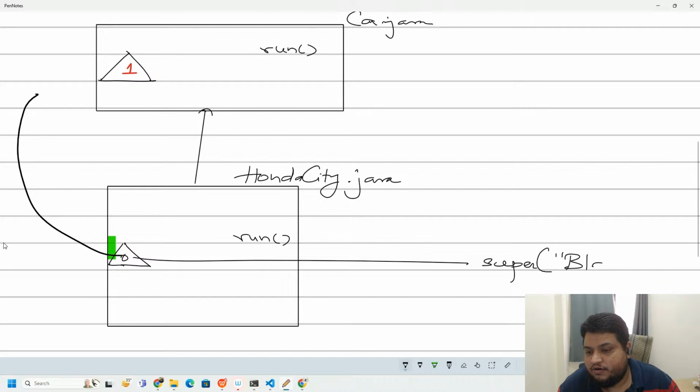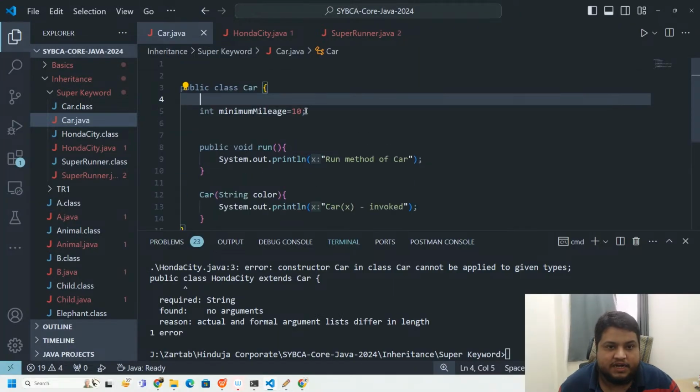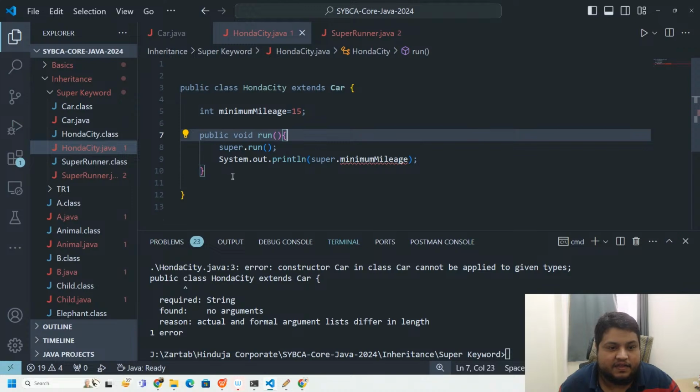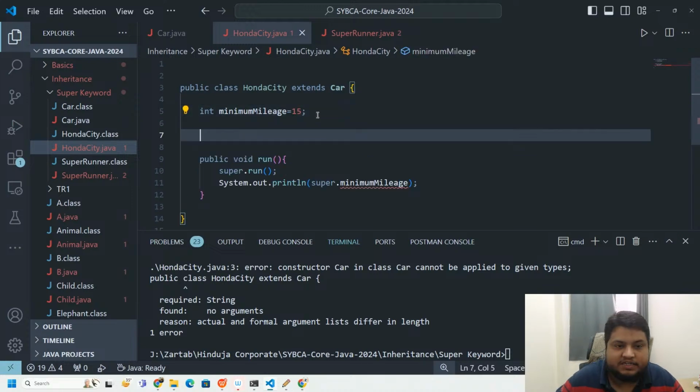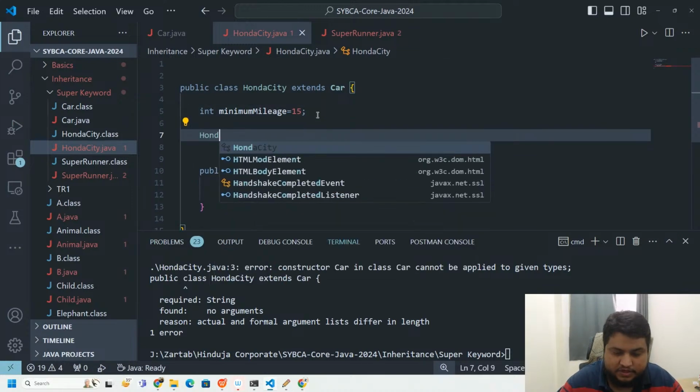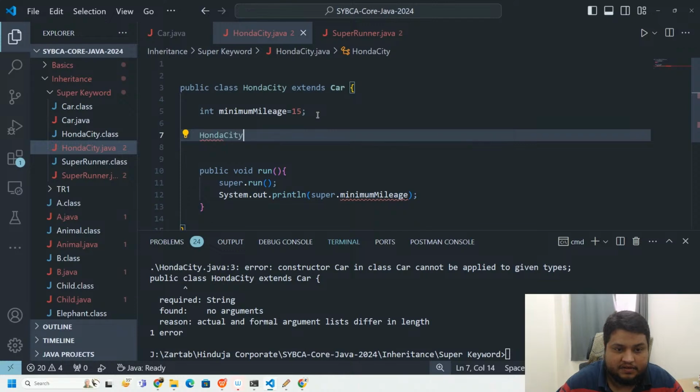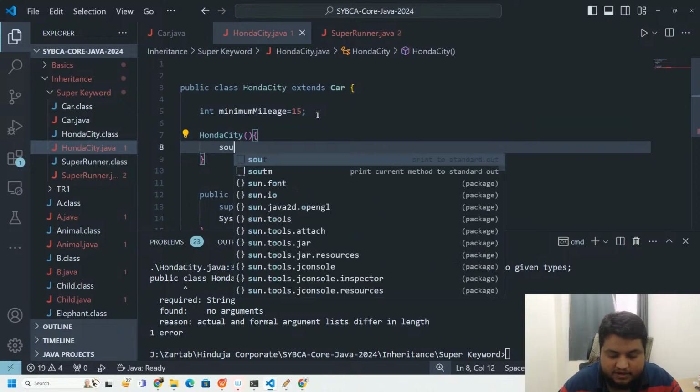And let's say I call the class Black. So this is how we work upon it. Here, what will I do to complete this chaining? I will have to introduce one constructor here, which is Honda City, to complete this chaining. And the first, let's say, System.out.println